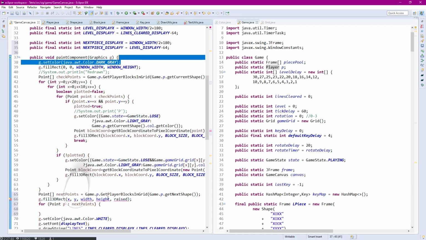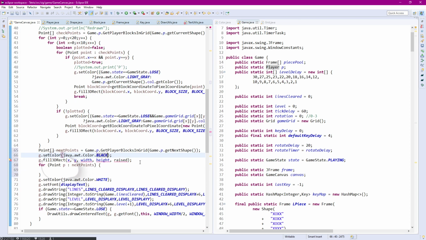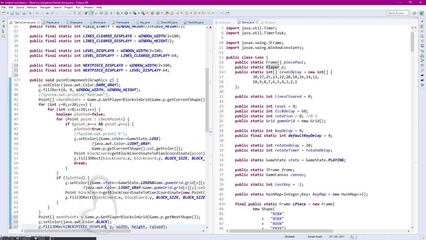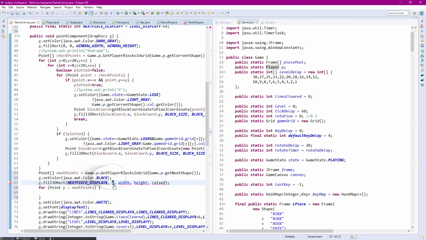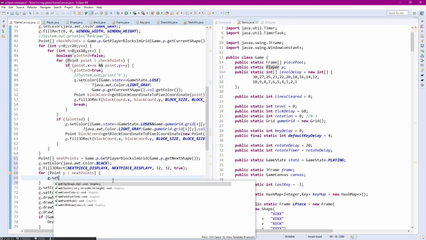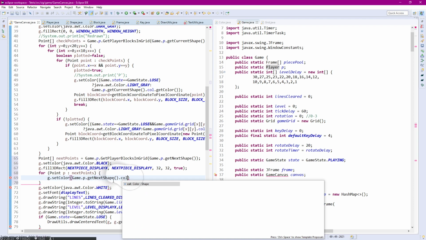Let's make the rectangle a black color. At position next piece display X, next piece display Y. We'll make the width and height 32. We'll make it raised. And then inside of here, we'll set color equal to the pieces P get next shape color dot get color,